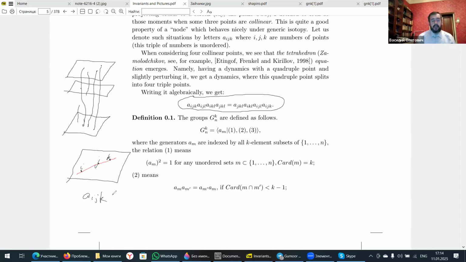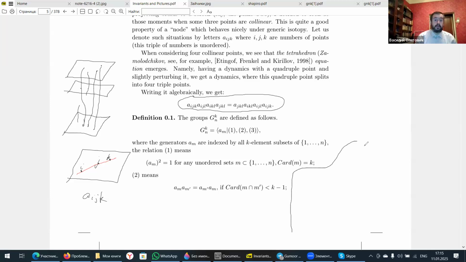Here, genericity means that those triples of points behave nicely, meaning that there are only discretely many of them. They're all transversal, and there are no quadruples of points at one moment. And if we have one triple of points, then no other triple is collinear at that moment. Okay, so we have some codimension 1 event, and actually the main theorem for GN is proved,